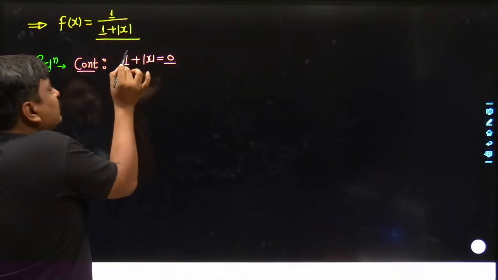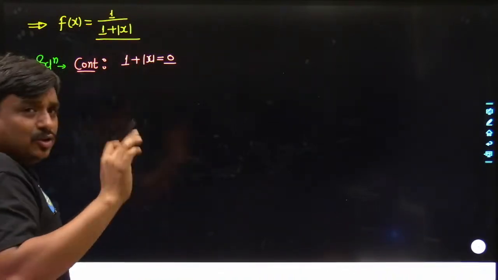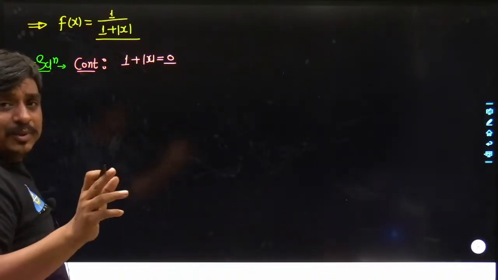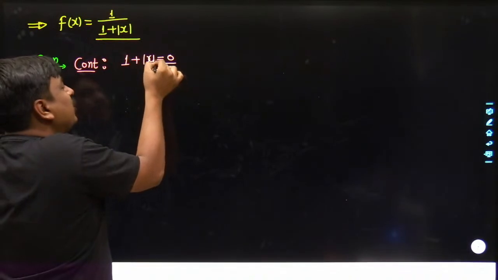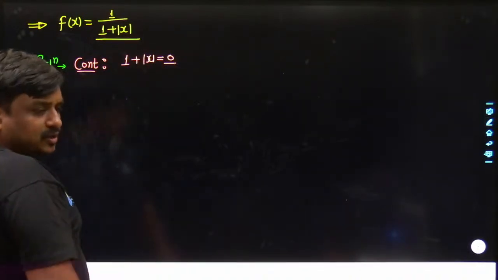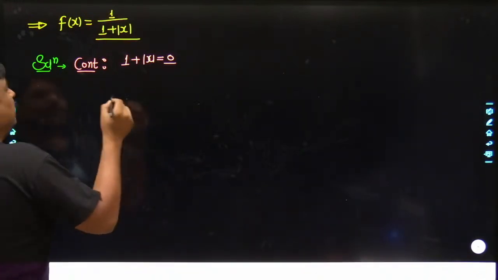1 until and unless is not getting added with the -1, the result would not be 0. May I know when you will be getting the result as -1? Definitely you cannot choose any of the real value of x. No, you can't. So one thing had been quite sure, what it is,